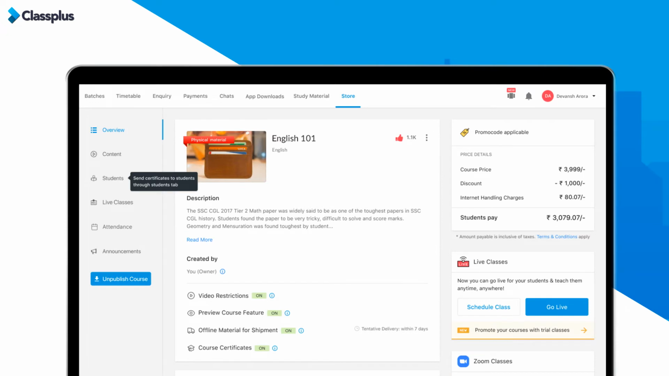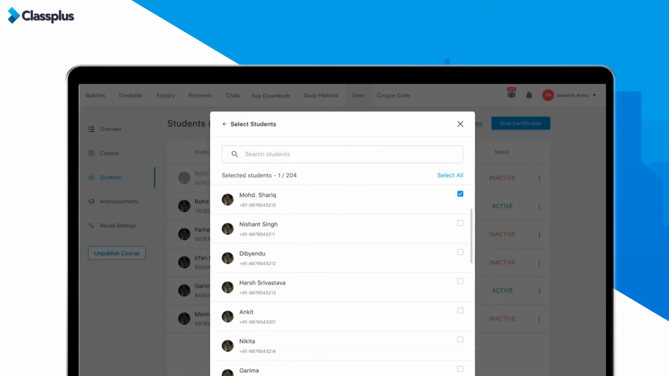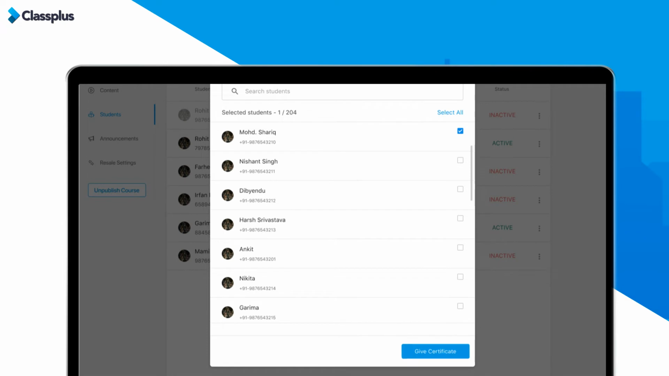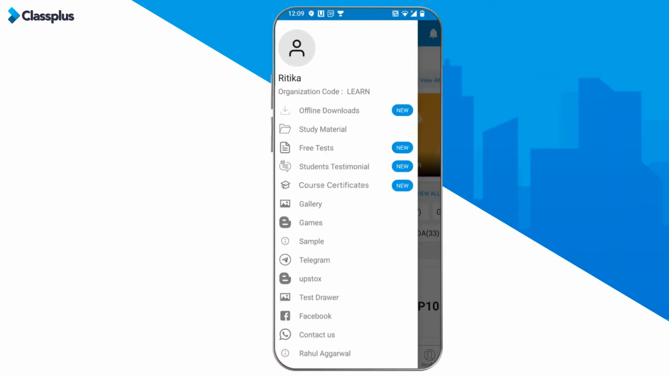Now, you can view all your enrolled students by selecting the particular course and by clicking on Students in the left panel. Here, you can award certificates to your students by clicking on Give Certificates, selecting the students, and again clicking on Give Certificate. Students can see their certificates by clicking on the top left 3 lines on the home